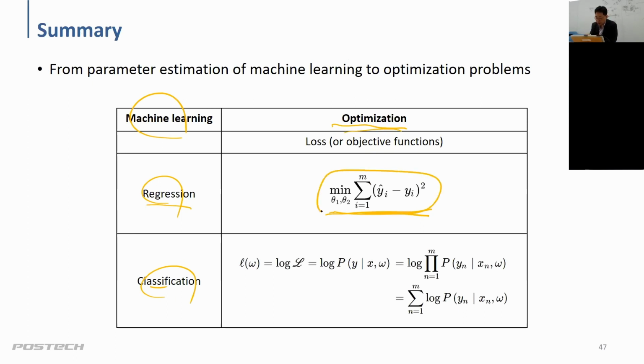This will be the objective function for the regressions, and cross entropy or softmax will be the objective functions for the classification problems. How to solve this to find the thetas or omegas, don't worry about it. We can use either Python, scikit-learn or TensorFlow, whatever. Okay,